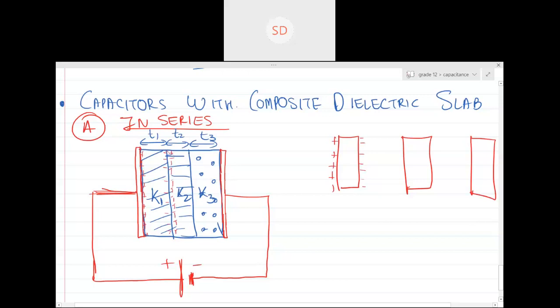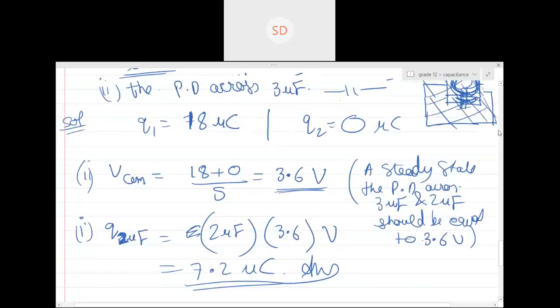This positive will induce a negative charge over the next. Can you see equal and opposite charges are getting induced? Yes, sir. Different slabs? So what is this plus Q charge doing? It is inducing an equal and opposite minus Q charge on the other end of this thing. So plus Q minus Q, plus Q minus Q, plus Q minus Q. This happens.